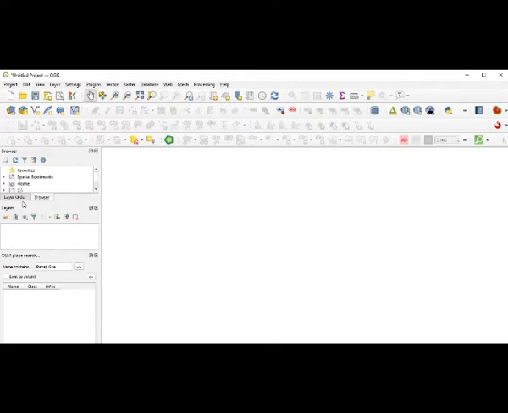Now we will go ahead with the browser panel. In that browser, you can see here favorites. You can have some of the sites or some of the folders as favorites, and you can store them in that. And special bookmarks, home, you can have. Then from your C drive or D drive, or if you have stored things in the GeoPackage, you can go for GeoPackage here.